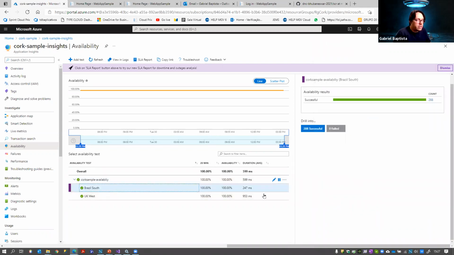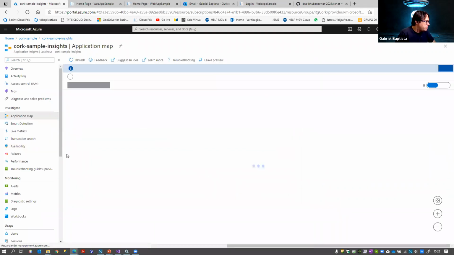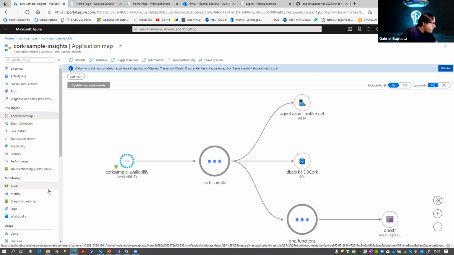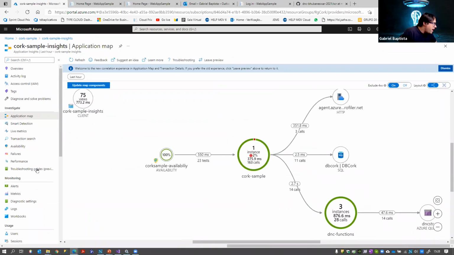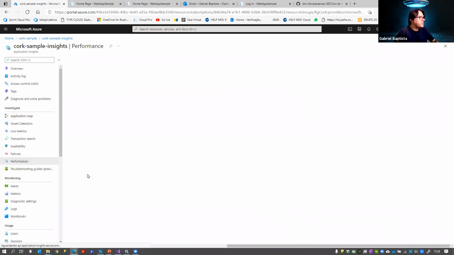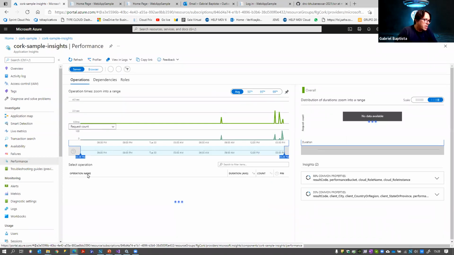And for sure, you can enable alerts. You can enable some messages where you're gonna receive this using email or even an SMS. You can text an SMS to you, right? We have here the application map, as I told you. We have here the performance, and the performance is really good